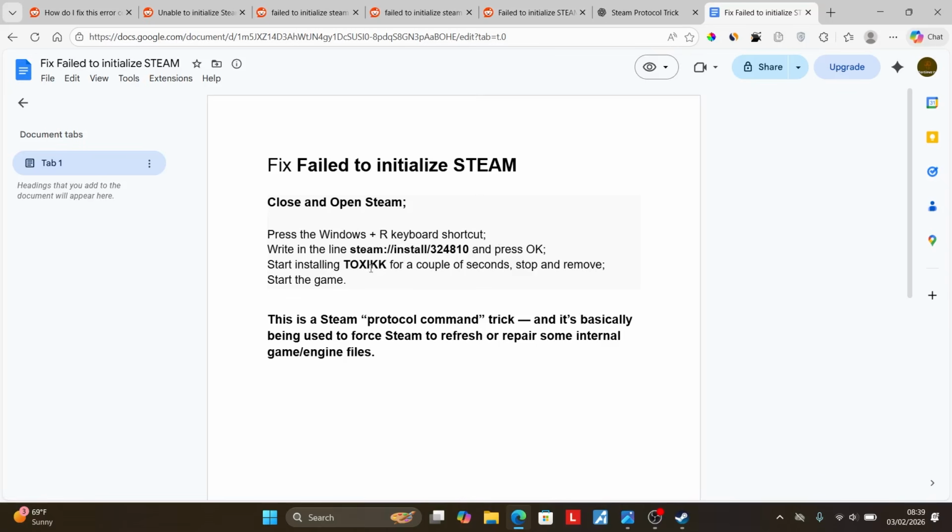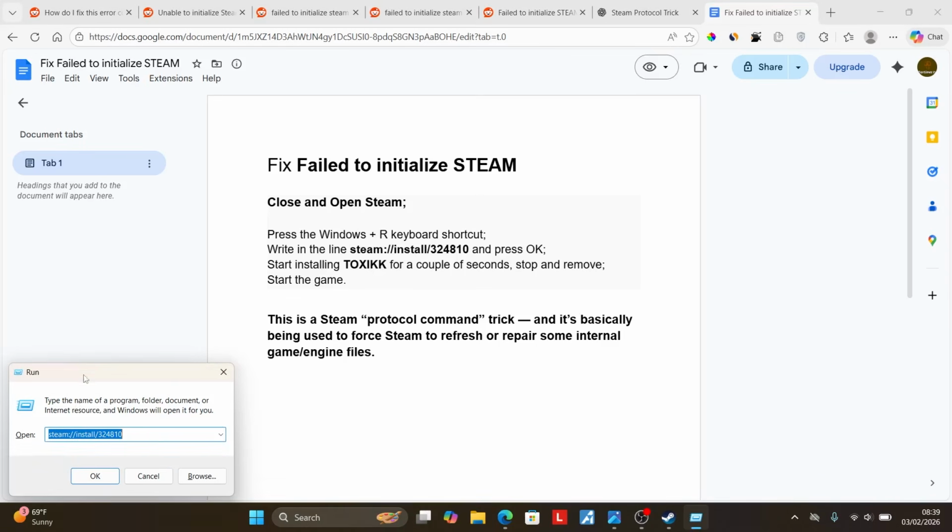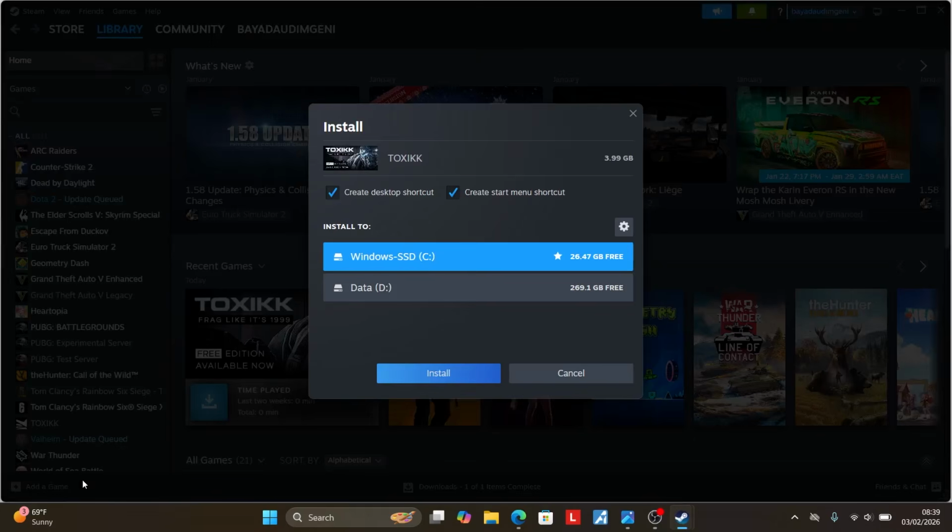Now I'll show you. Press Windows plus R on your keyboard, and then you need to paste this here. So you'll have to copy it from the description of my video and then paste it just like so, and then click OK. Now this will directly lead to a pop-up where Steam opens and shows you an application that is called